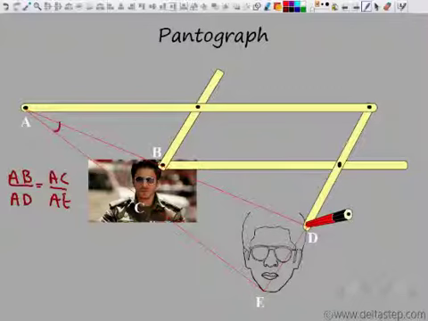This small triangle has angle A, this large triangle also has angle A. This angle A is included between the sides that are proportional. So I can say that the two triangles are similar by side, angle, side. And hence these sides are proportional. Sides of similar triangles are proportional. So DE is proportional to BC. So it's nothing but an enlargement of the side BC, and hence this is how similarity was used in the pantograph.